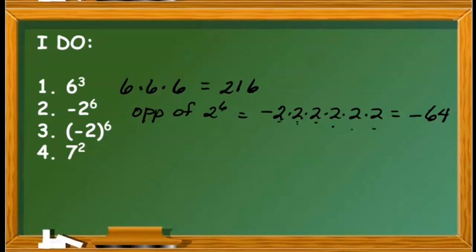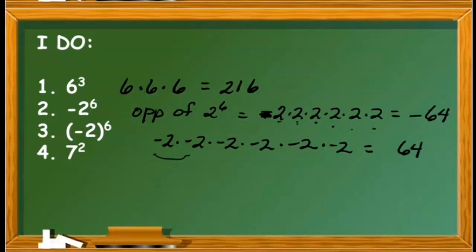So when there is a negative out in front of a number, but no parentheses, there's the key, no parentheses, then it means the opposite of whatever they give you. And that number is going to be the negative. Now number 3, though, is different. There's parentheses around it. So that's telling you that the negative will go with the 2. And so this one actually means a negative 2 times a negative 2 times a negative 2, negative 2, negative 2. How many do I have there? 5. One more. 6. And so it's still going to give you the 64, but